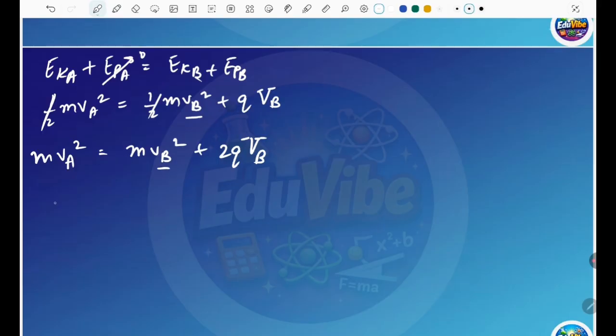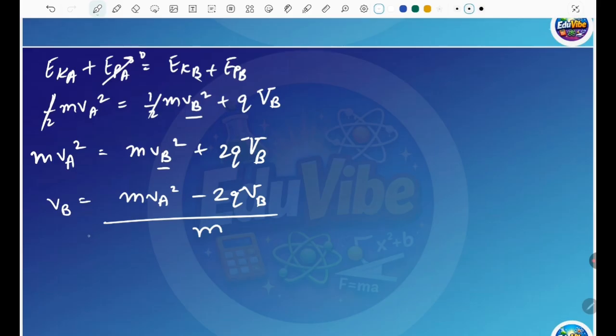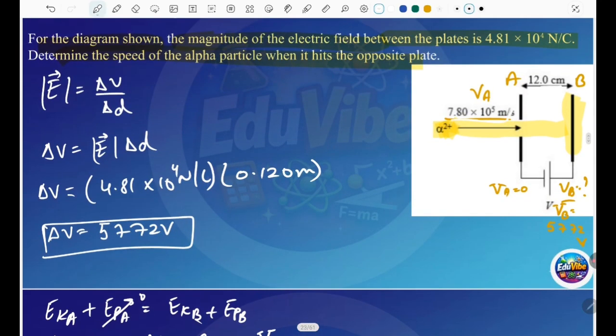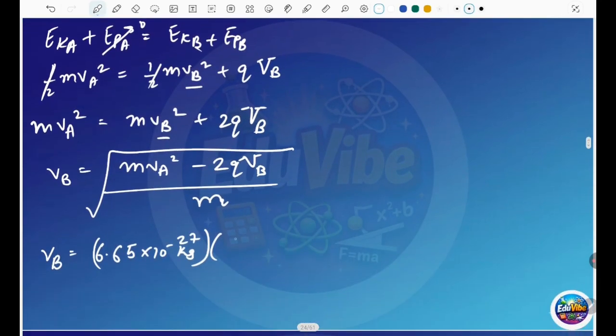Now we isolate VB. So VB is equal to the square root of m VA squared minus 2q delta V, divided by the mass. For the mass, we take the mass of the alpha particle. The alpha mass is given in your data sheet, which is 6.65 times 10 to the power minus 27 kg. VA is already given to us, which is 7.80 times 10 to the power 5